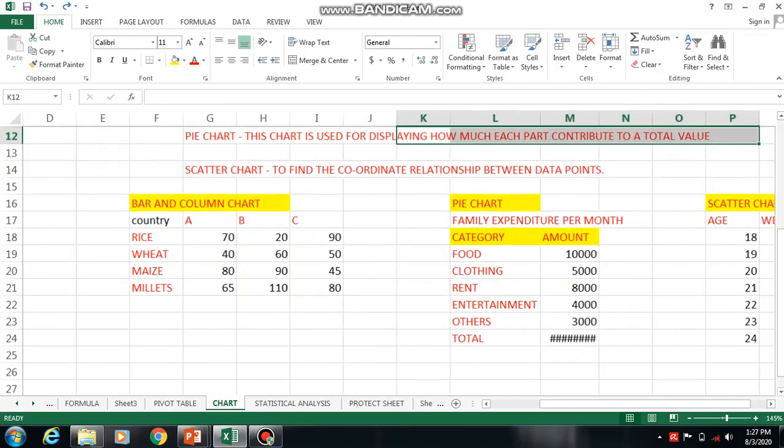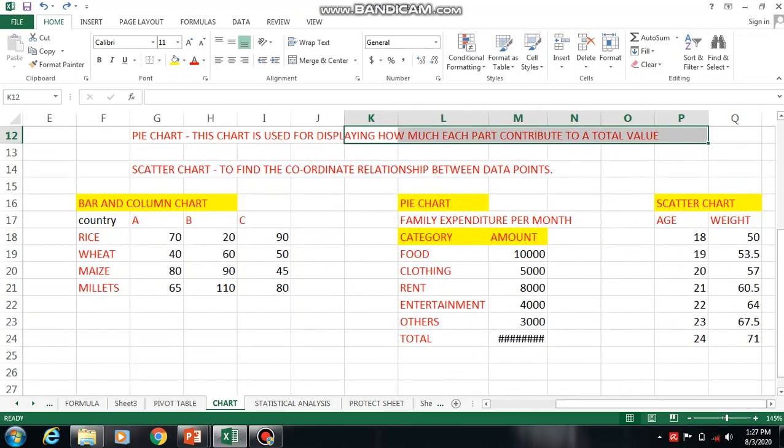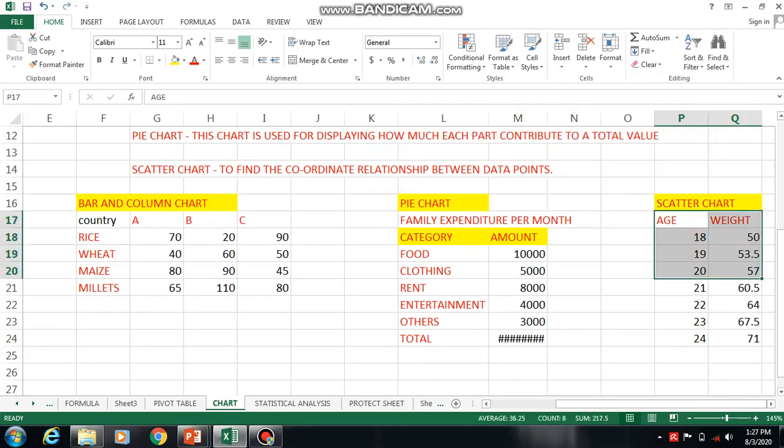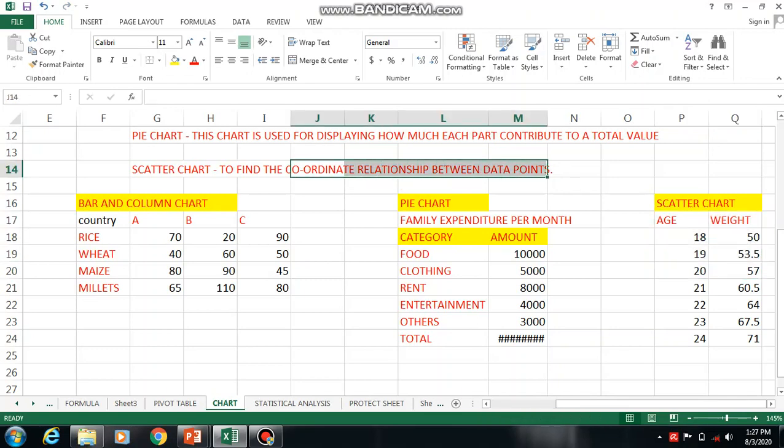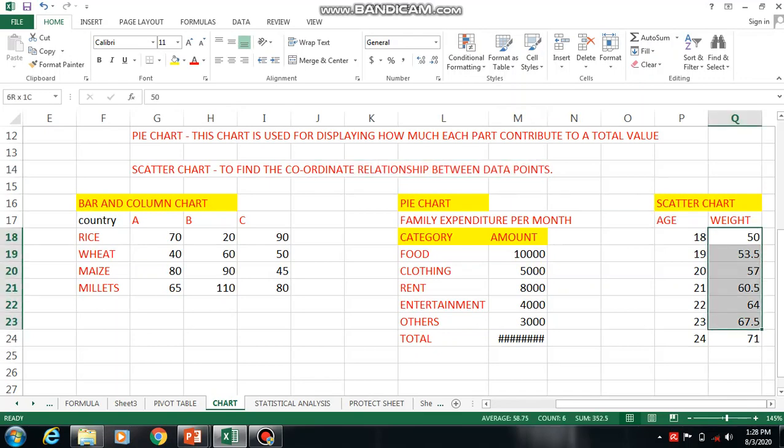And next, scatter chart. Where will you use the scatter chart? I told you, to find the coordinate relationship between data points. I want to find the relationship between age and height, that is, whether on increasing the age, the weight increases. So for this I am going with the scatter chart.